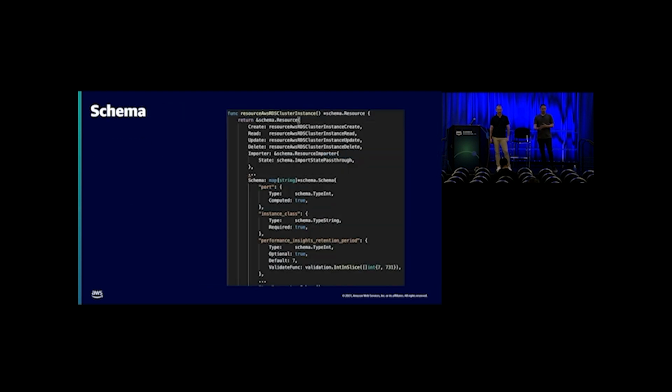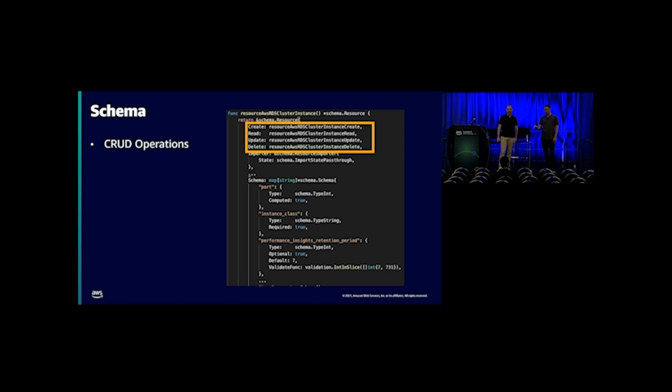All right, so now we're going to start digging into the actual files. This is in the Go resource for the actual RDS cluster instance. You can see the name at the top is RDS cluster instance. And we're looking at the schema. The schema is kind of the skeleton for the resource itself. It starts by defining the CRUD operations. These CRUD operations are linked to actual functions in the same file, so we'll look at each of those functions. When we go through these files too, I'm going to highlight a bunch of things, but I'm also going to explicitly tell you which pieces of these files were changed. So if you look at the PR, you can see them a little bit more clearly in GitHub, but that doesn't translate super well for a presentation, so I'll just point out to you which ones we're changing.